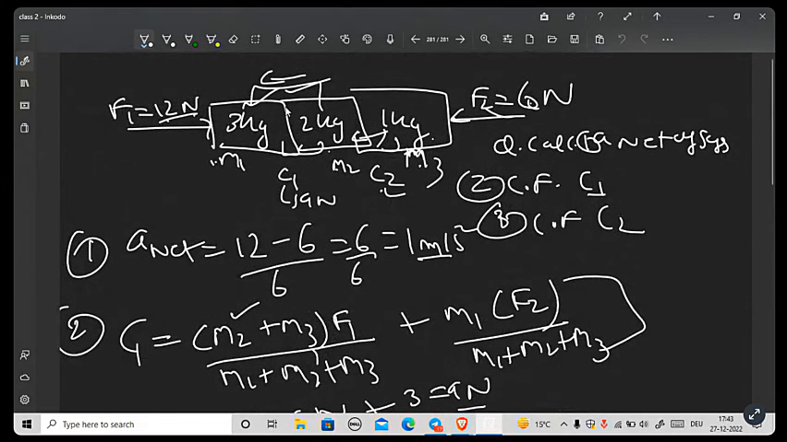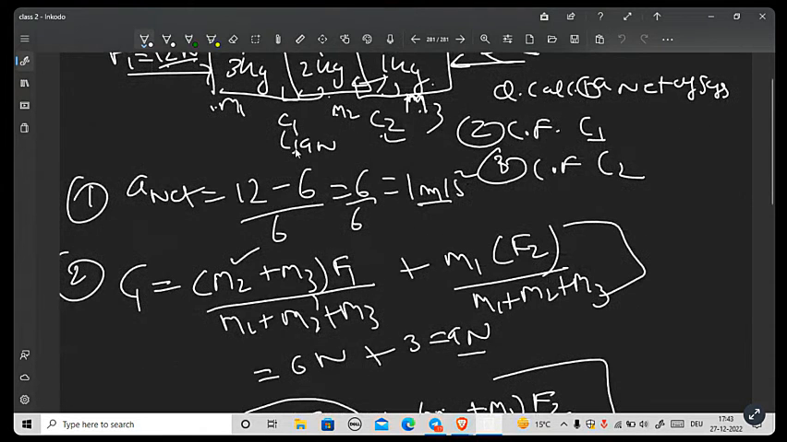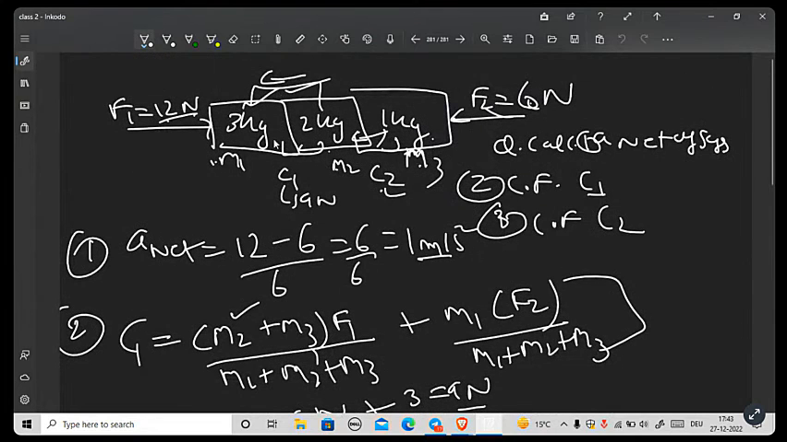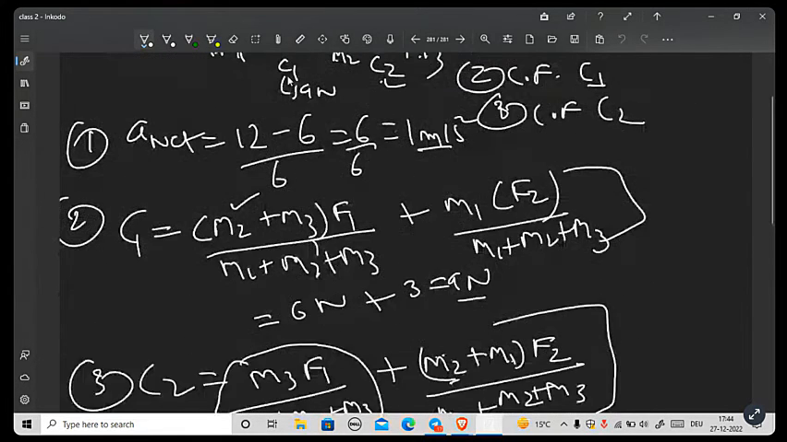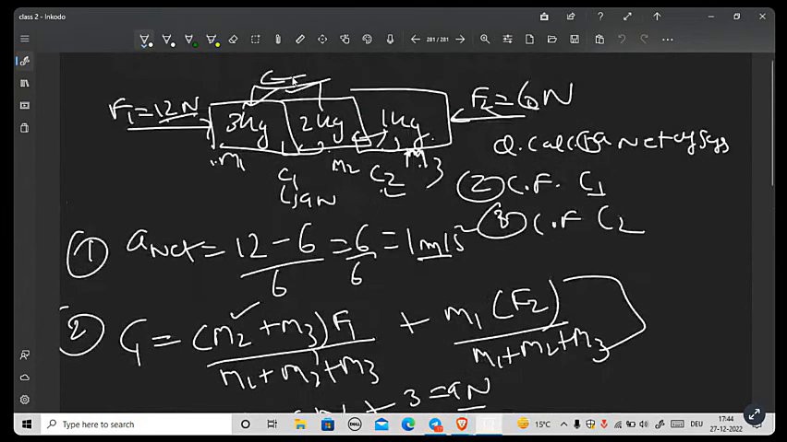I want to calculate C1, the contact force between the 3 kg block and the 2 kg block. I told you the 3 kg block is M1, the 2 kg is M2, and the 1 kg is M3. I want to calculate the force between M1 and M2. Now I have to take a reference of all the 3 blocks in this case, because it is about the